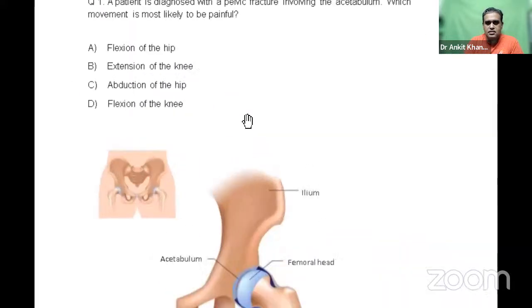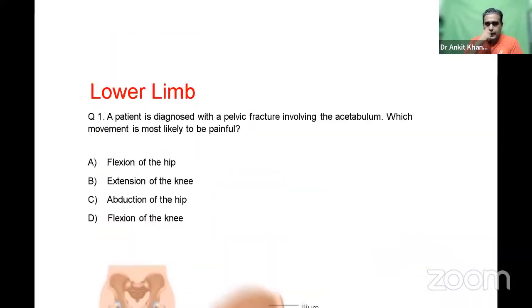Okay, let us enlarge it a bit. Okay. Look at the question. A patient is diagnosed with a pelvic fracture involving the acetabulum. What is the acetabulum? Same as the glenoid fossa was there in the shoulder, we have the acetabulum, a concavity in the hip bone. So there's a fracture involving the acetabulum. Which movement is most likely to be